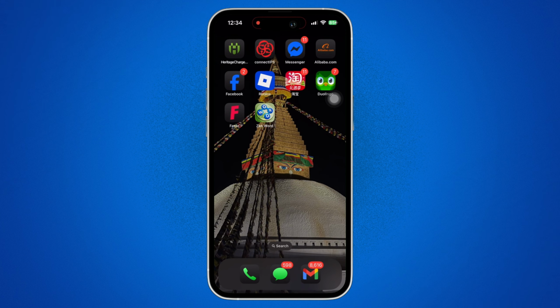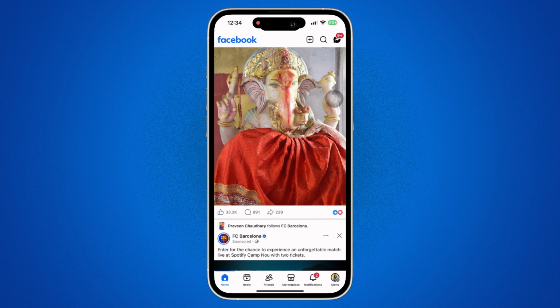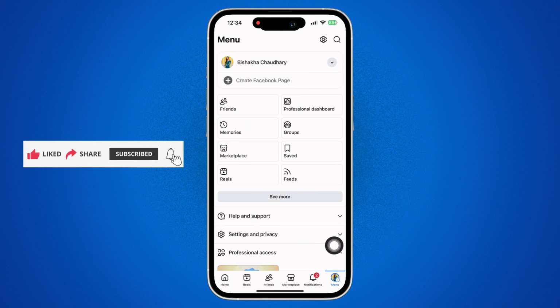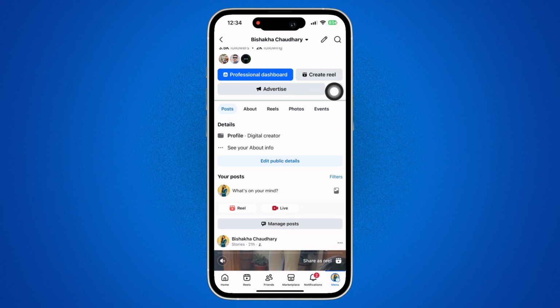Now let's get right into the tutorial. Firstly, go ahead and open the Facebook application on your device and make sure you are signed in. Now, tap on the menu option on the bottom right of your screen and then tap on your name on top of your screen. Here, scroll down and navigate to the post from where you want to view the video